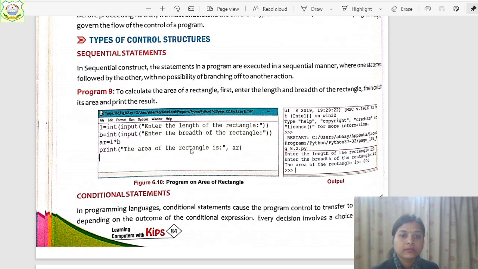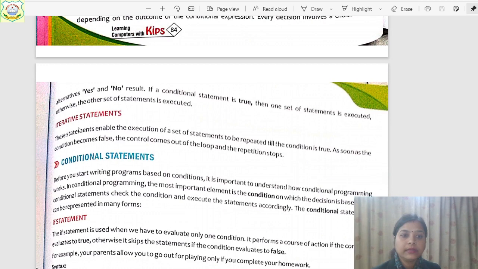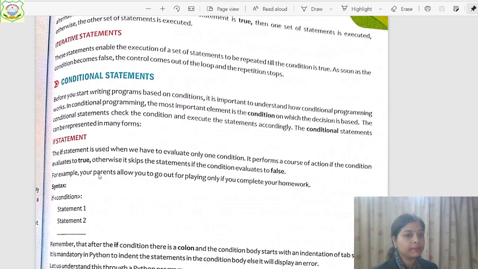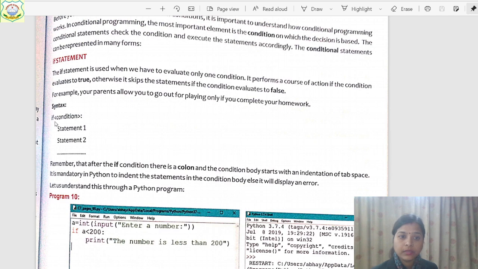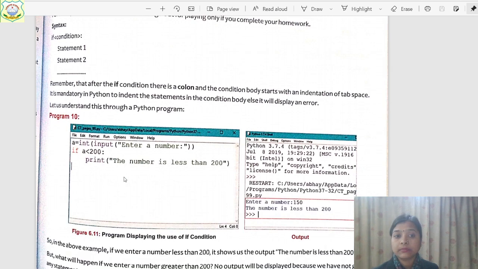See, conditional statement, iterative statements means the statement will be repeated till the condition is true. So in conditional statements you have the if statement, son. You will write if, then the condition, and then a colon sign, and then write down the statement. There is no else in this. Like here, you will take the input from the user, and then it will store in